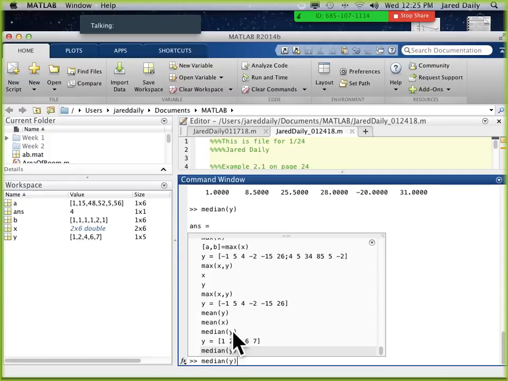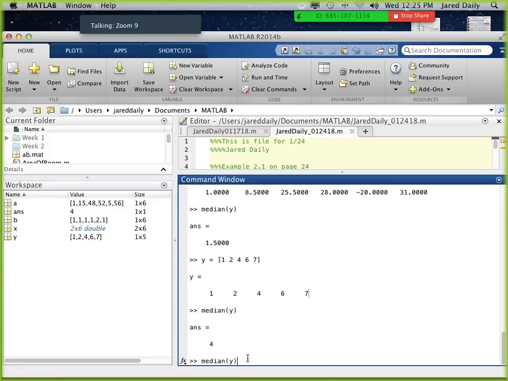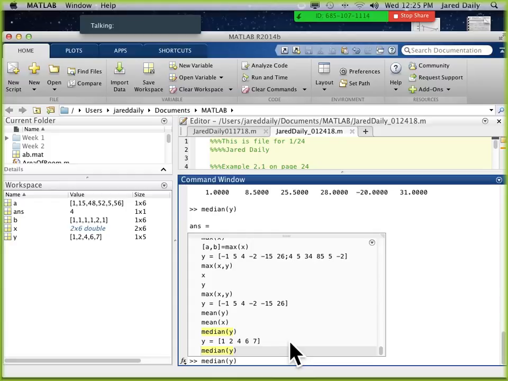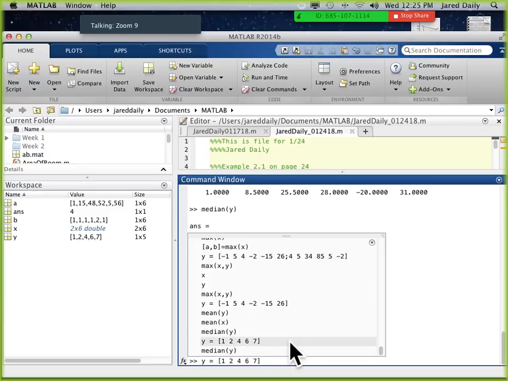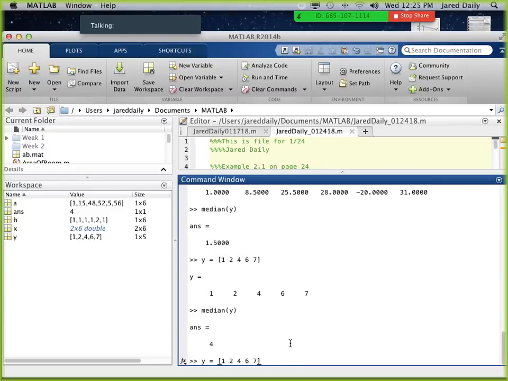If there's an odd number of numbers, it takes the middle one, and it returns the middle number. But it takes the middle number by value. So it actually lines them up in order of lowest number to highest number. So if I changed y here, for example, if I change what y is a little bit, instead of in this order 1, 2, 4, 6, 7,